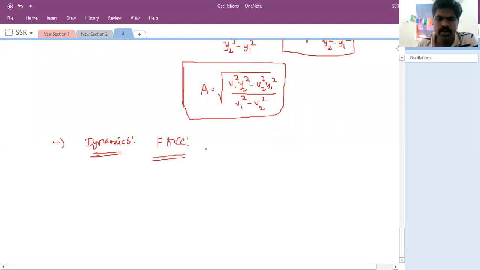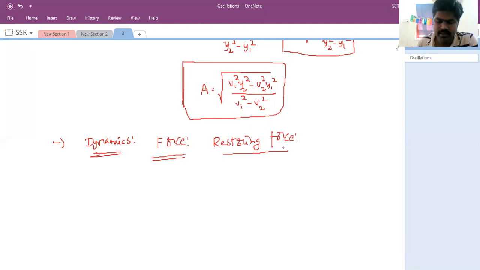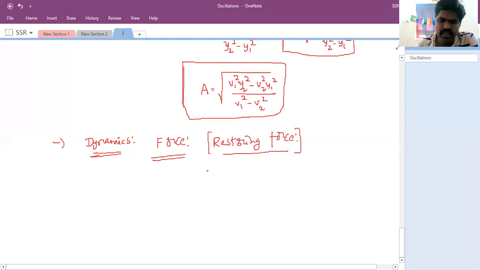That force normally we can say restoring force. In simple harmonic motion, we call it restoring force. Why? Because if you consider a spring block system, if you push or if you pull, what happens? It comes back by the spring. That force is like a restoring force. That's why the force that we use in simple harmonic motion, we call it a restoring force. So what is the equation for the restoring force?